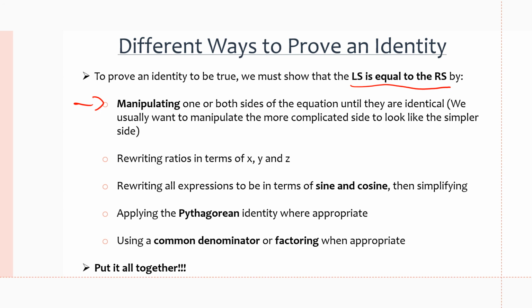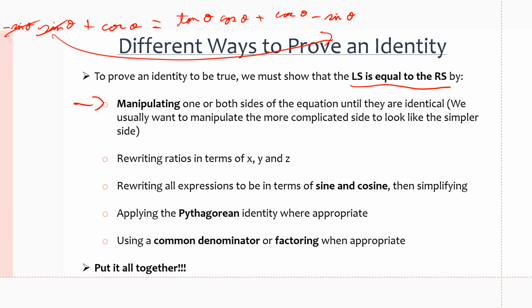So if we have something like sine theta plus cos theta equals tan theta, let's say, times cos theta plus cos theta, right? We don't want to, for example, subtract sine from each side, right? So we can cancel this one out and we kind of switch it to the other side. We don't want to do that. We want to keep everything on the same side and kind of substitute